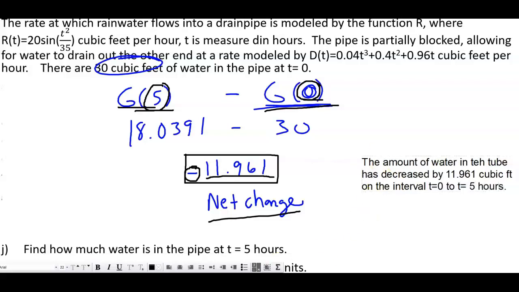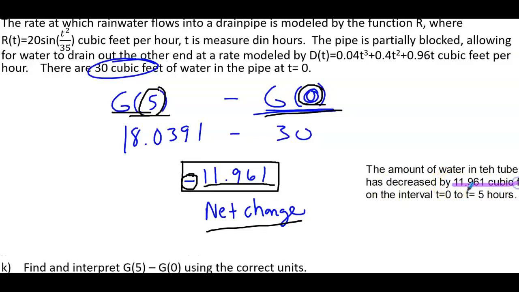So notice I have my output units, I've got my input units, and then the story problem interpretation, which is